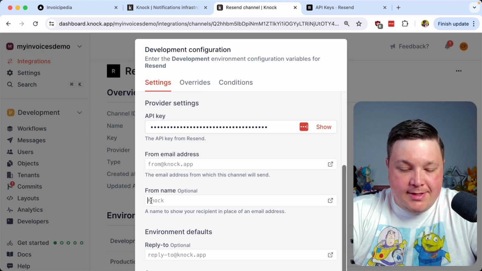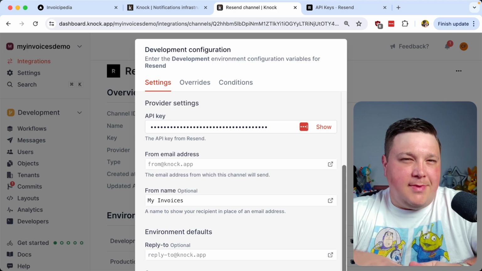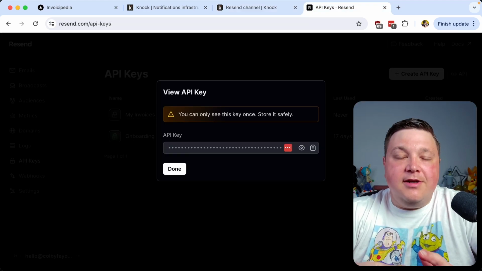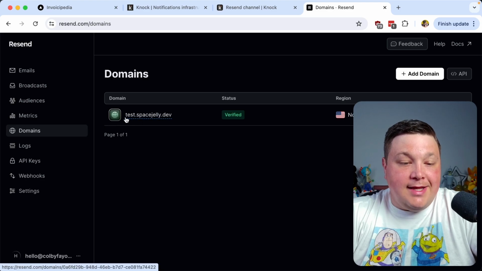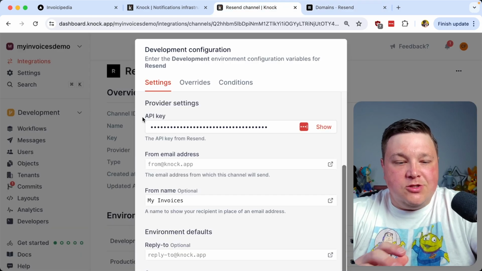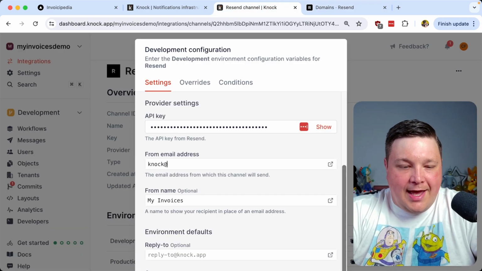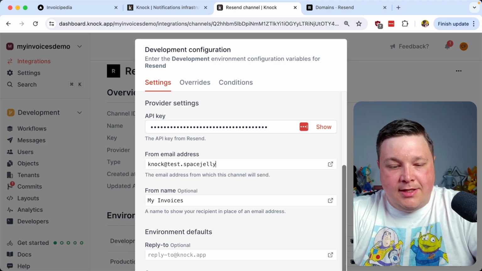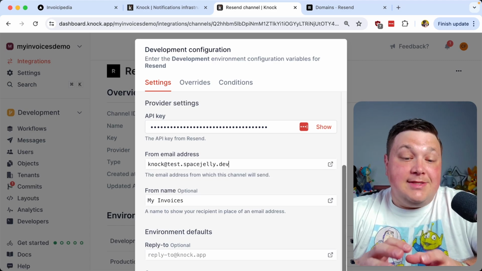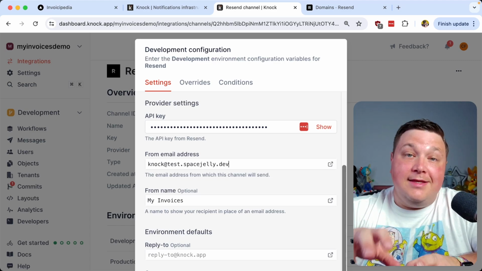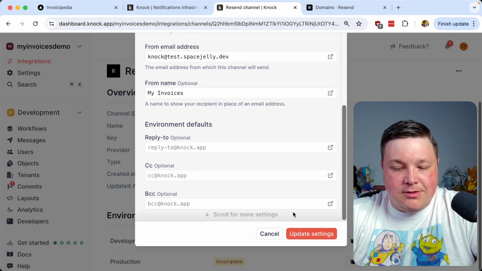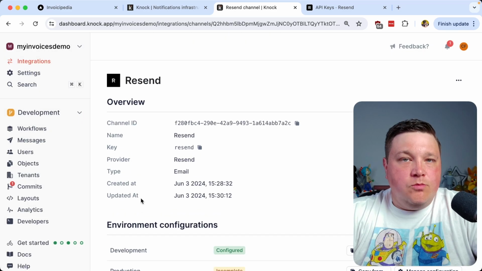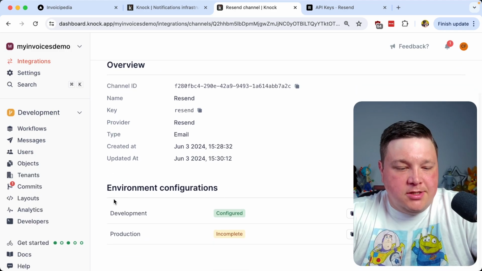Now for my from name, let's say my invoices. So it's my invoices application. And as far as the email goes, I have one verified email domain, and that's going to be test.spacejelly.dev. So I know I can use something like knock at test.spacejelly.dev. And that's going to allow me to send those emails using the API key, the email address, and the from name from my Resend account. But then I'm going to go ahead and scroll down. I'm going to click update settings, where we're dropped back into our channel configuration page,